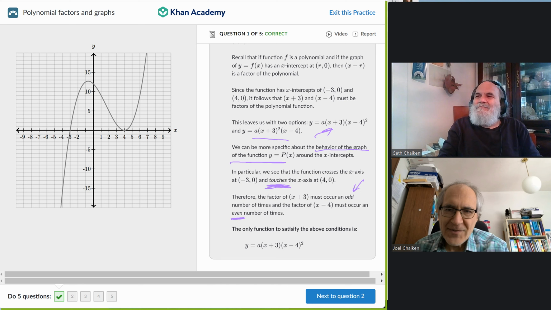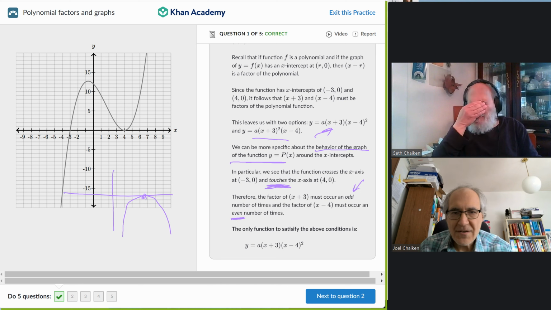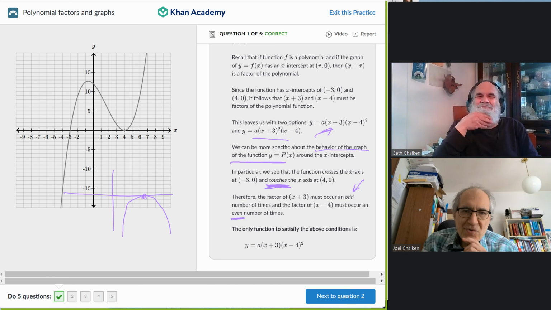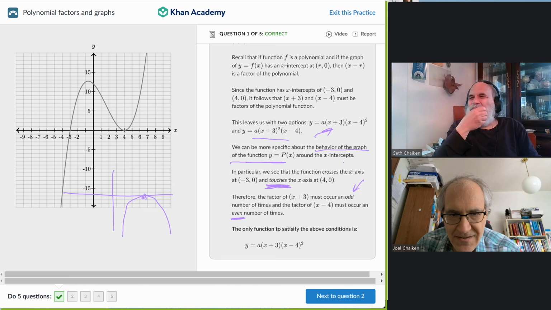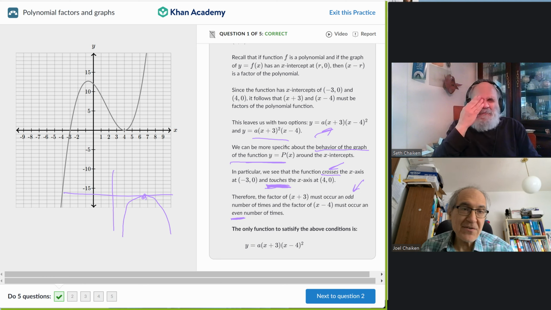We said bouncing off, but we did forget to say that it can also bounce off in a downward way, or it can come up and bounce off. So they're nice about touches the x-axis, as opposed to crossing the x-axis. See the distinction? So the only function to satisfy this, they're doing it by looking at the choices also. Well, geometrically,